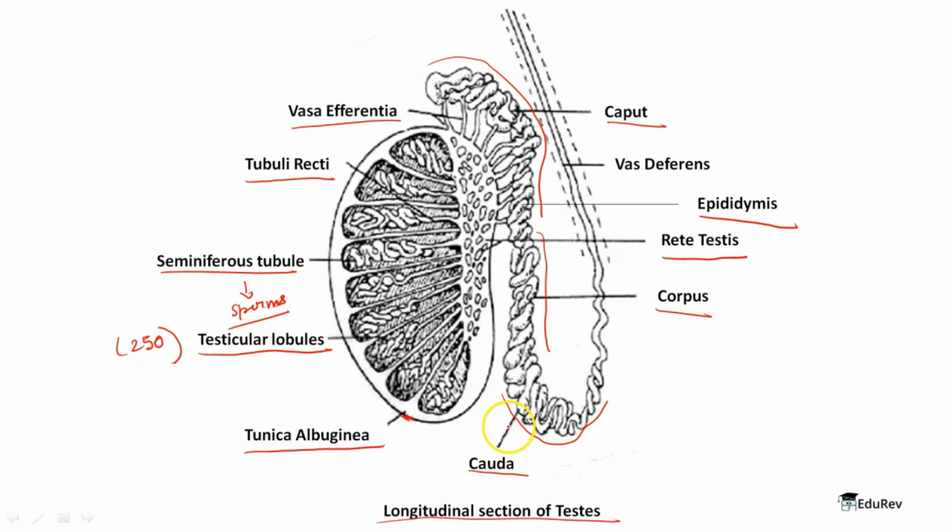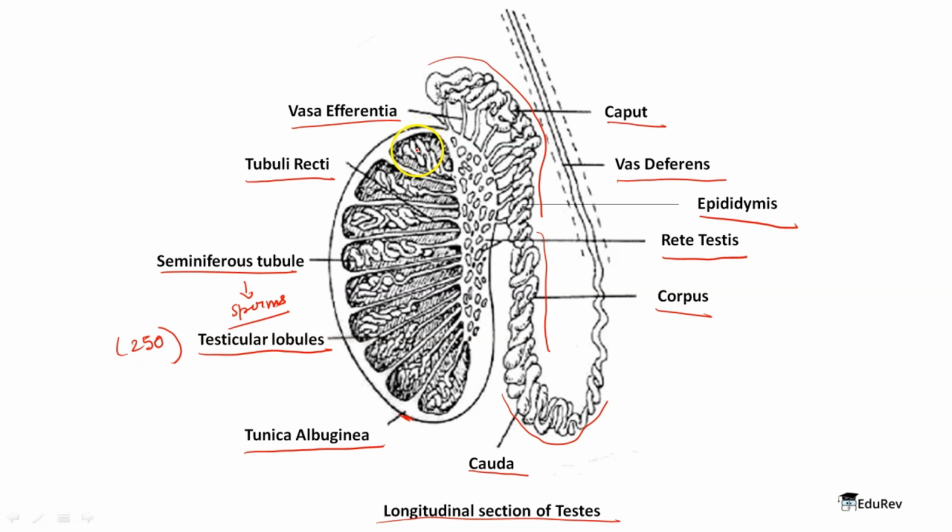And a new duct from the cauda is arising, known as the vas deferens. What is it known as, and from where is it arising? It is arising from the cauda, and this is known as the vas deferens. Okay. Now this was the longitudinal section of the testis, and the question can be asked, what is the pathway of